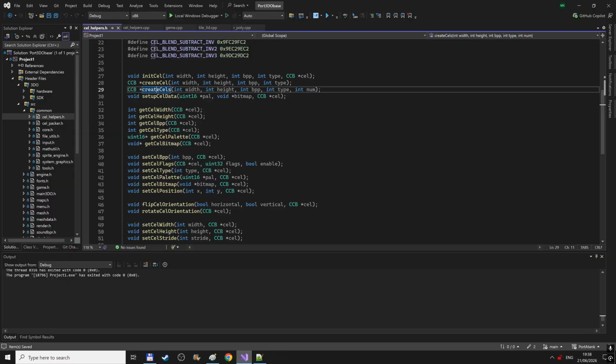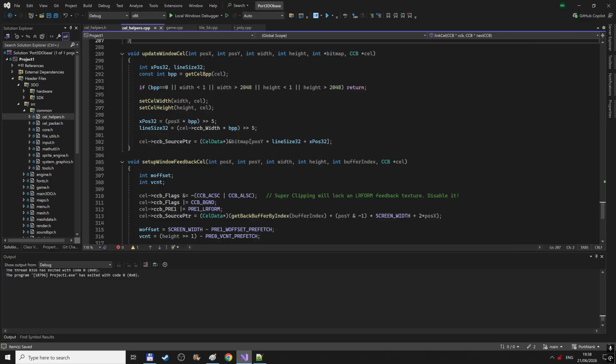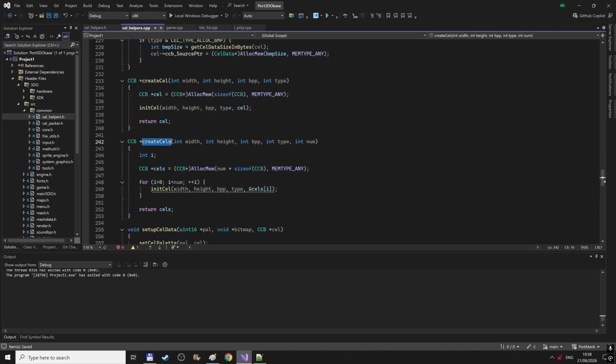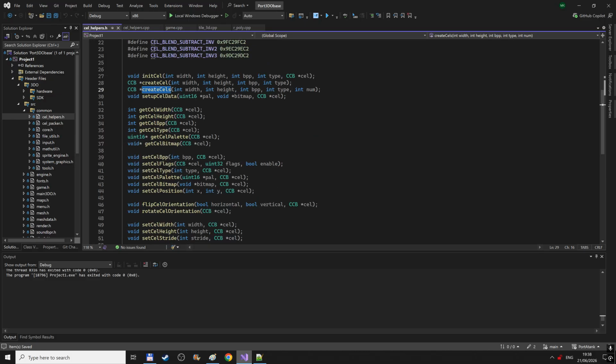It's still going to return, but it's going to allocate the CCBs as a linear block, so that you don't do micro allocations. Create an array of pointers and for every pointer